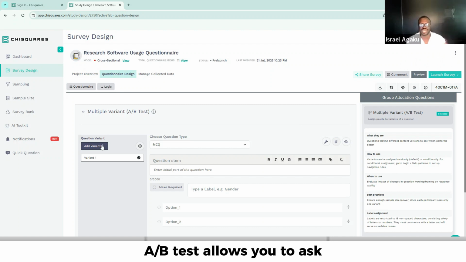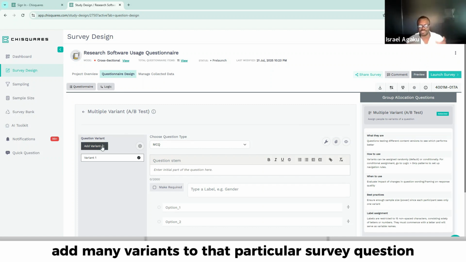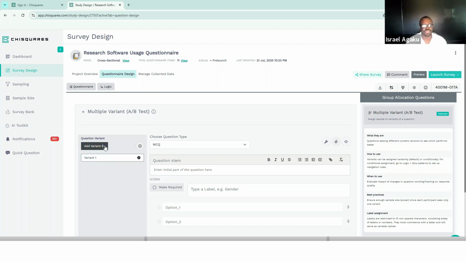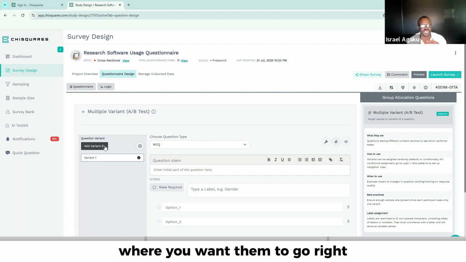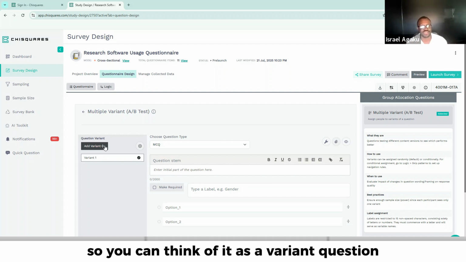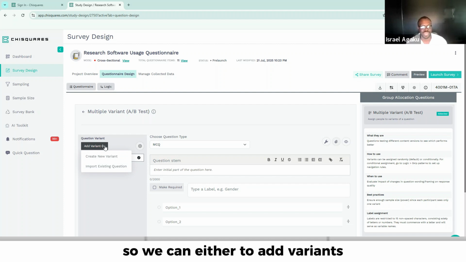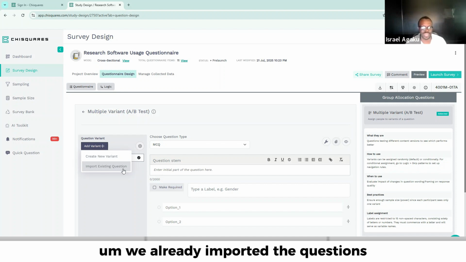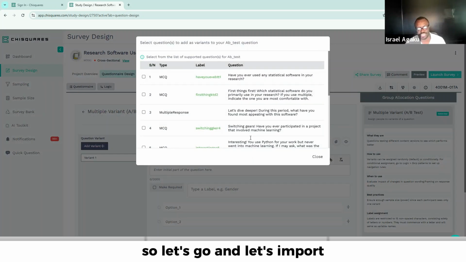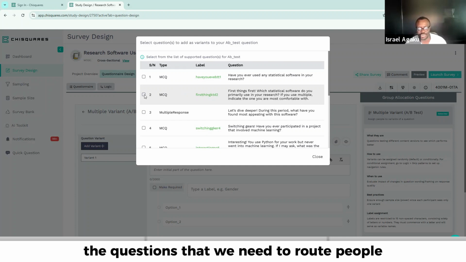The A/B test allows you to add many variants to that particular survey question. So you can add as many variants so that it's channeling people to different variants based on where you want them to go, right? So you can think of it as a variant question. To add variants, we can either create new variants or we can import questions that exist in our questionnaire. We already imported the questions, so let's go and import the questions that we need to route